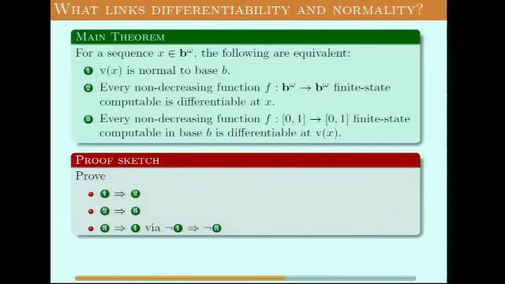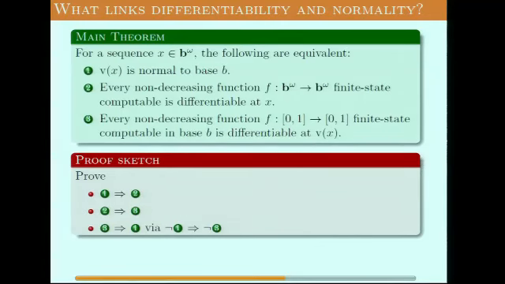Okay, so this is our main theorem. The three things are equivalent. One is that for a sequence, the real number represented by the sequence is normal. Another is that every non-decreasing finite computable function is differentiable at that point. This is for functions from sequences to sequences, and for functions from reals to reals. Also, the working machines from the base in which we know the thing is normal are also differentiable as b of x, right? So this is kind of another version of the Lebesgue theorem, and there is a recent computable version.